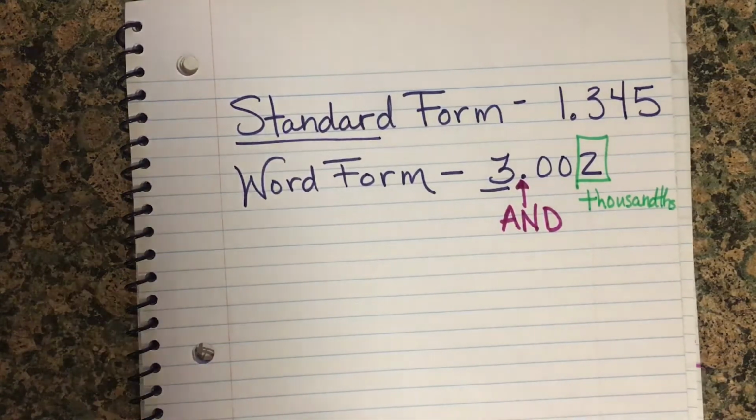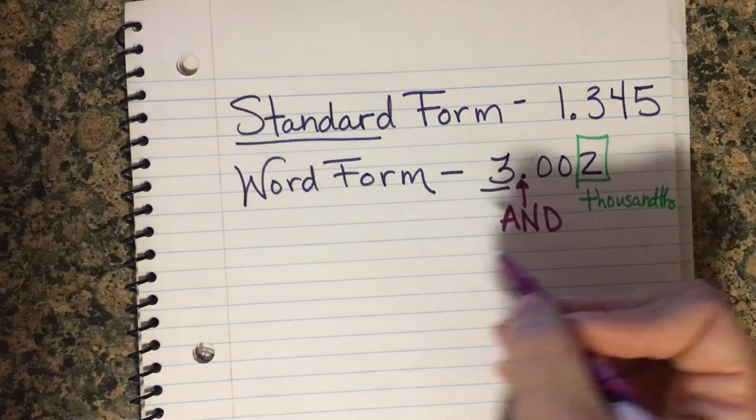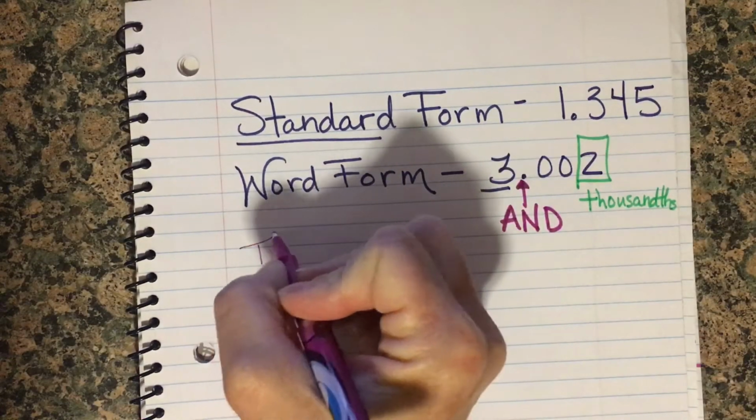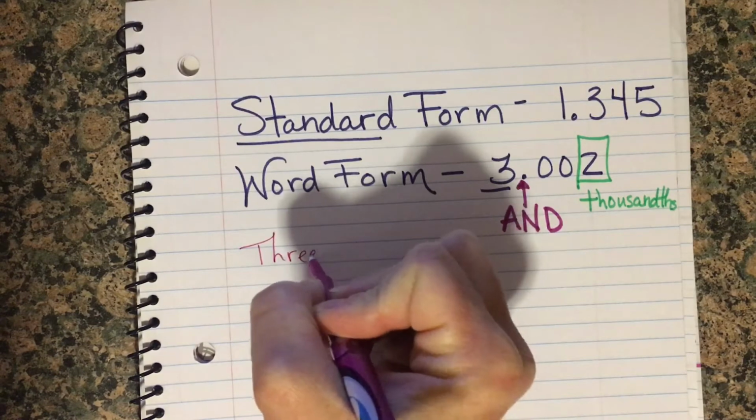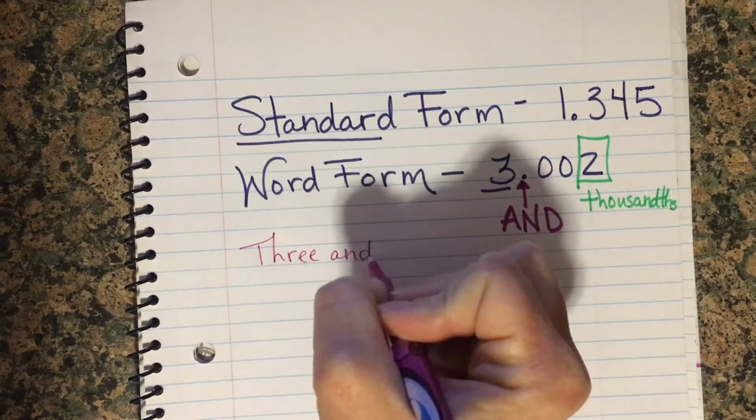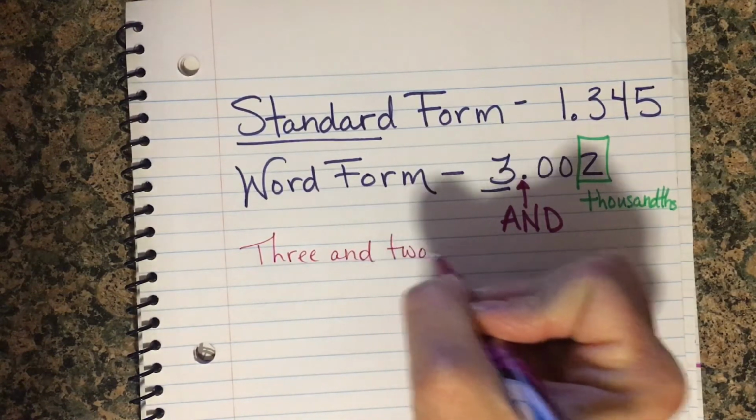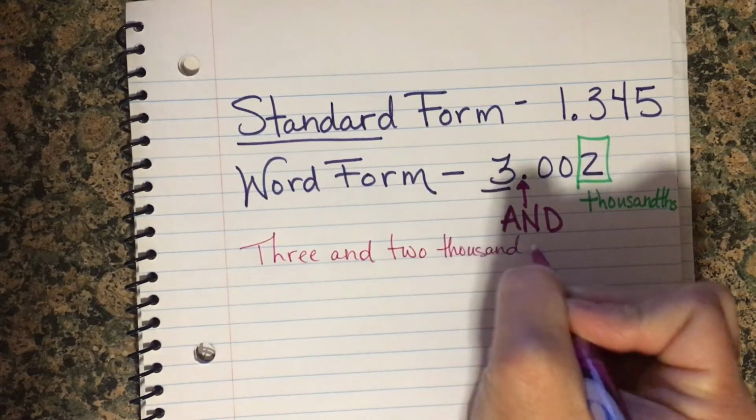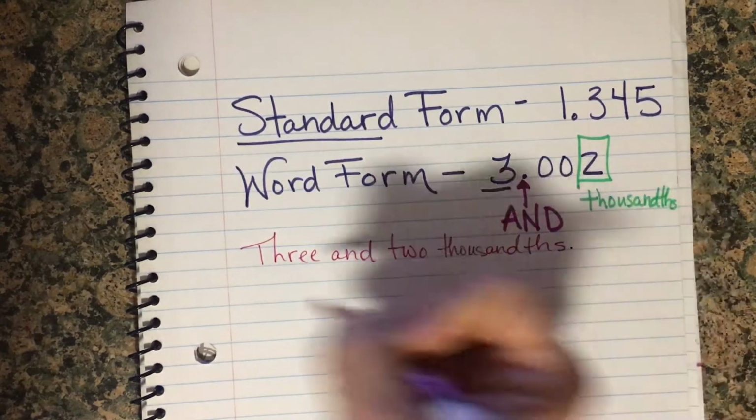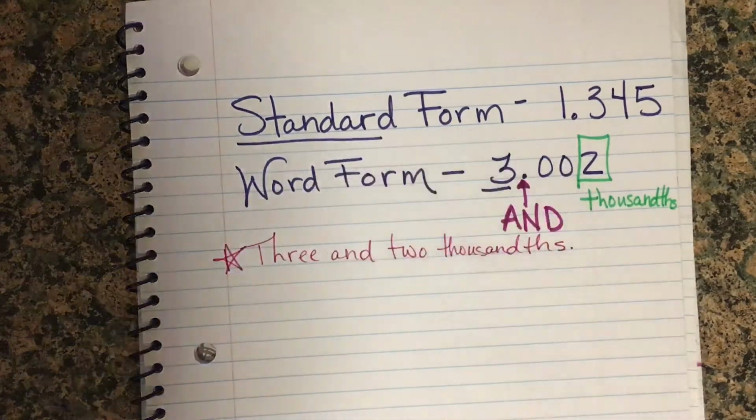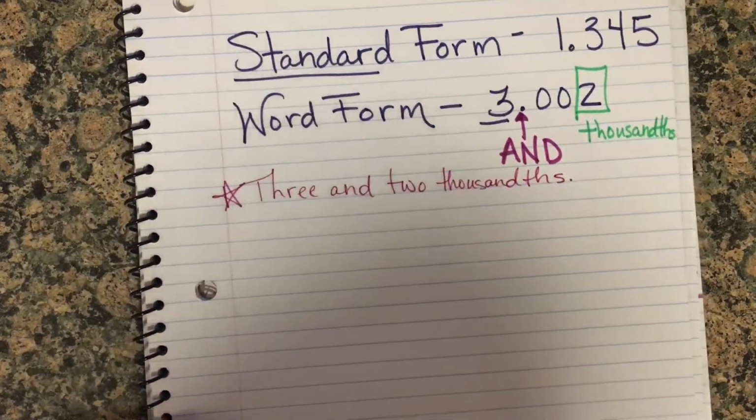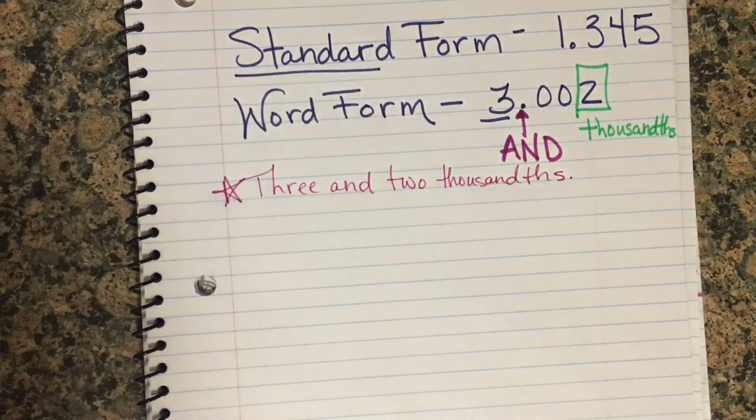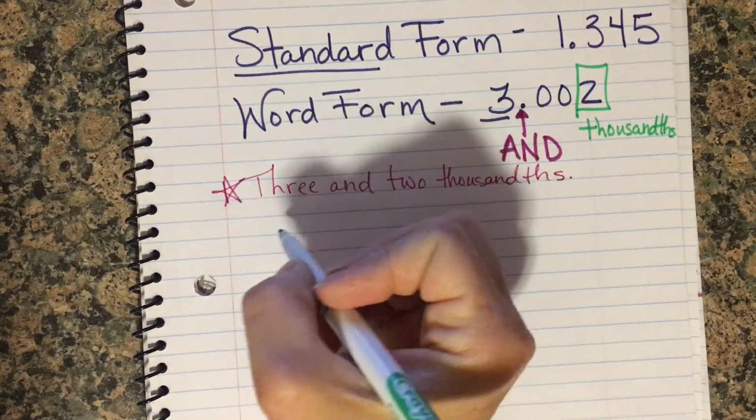So if I wrote this in word form, I would write 3 and 2 thousandths. This is the one that takes forever to do because you have to write it all down. But this is what the word form would look like for that particular number. I'm going to show you one more. If I did this number here,